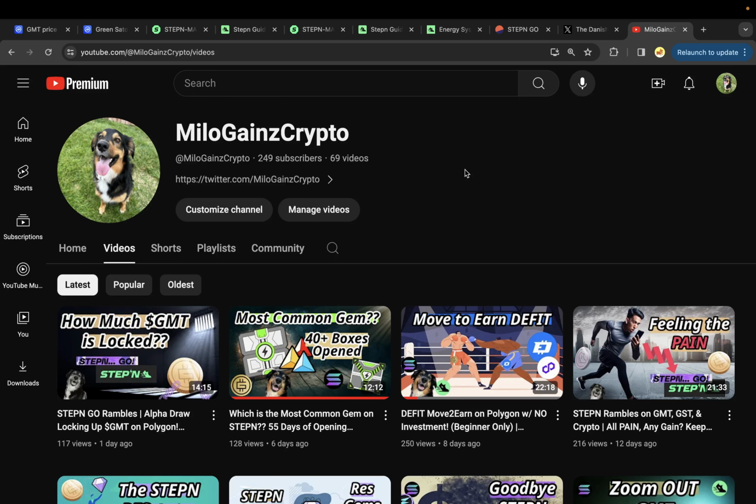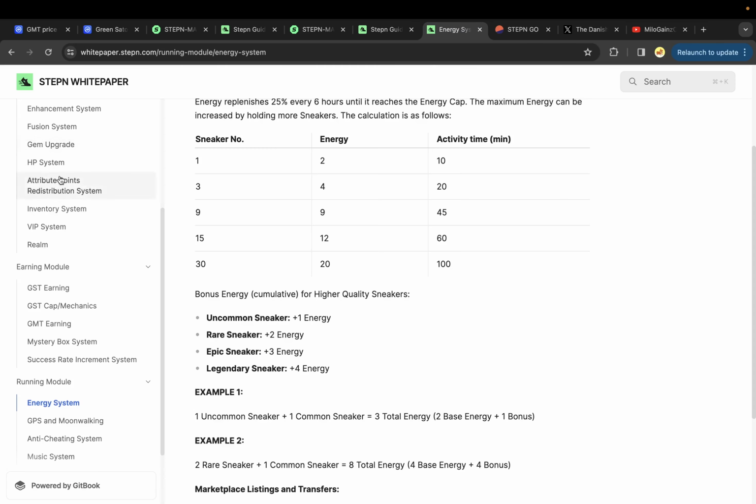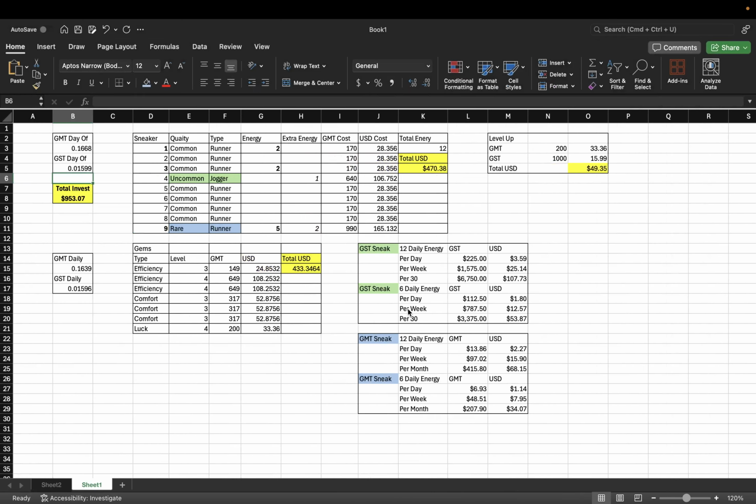So I want to say, disclaimer, there's a lot of X factors to STEPN. I know you guys know that. There's gems, there's upgrading, there's minting, there's mystery boxes. There's all these game choices that would affect your ROI, what kind of gambles you take. But I'm going to provide the most conservative approach to calculating an ROI. And again, this will all be just approximate